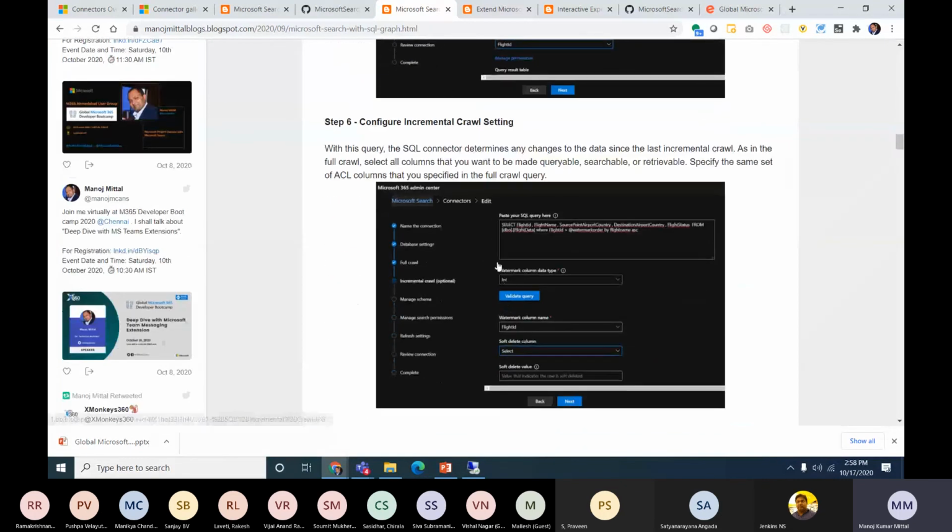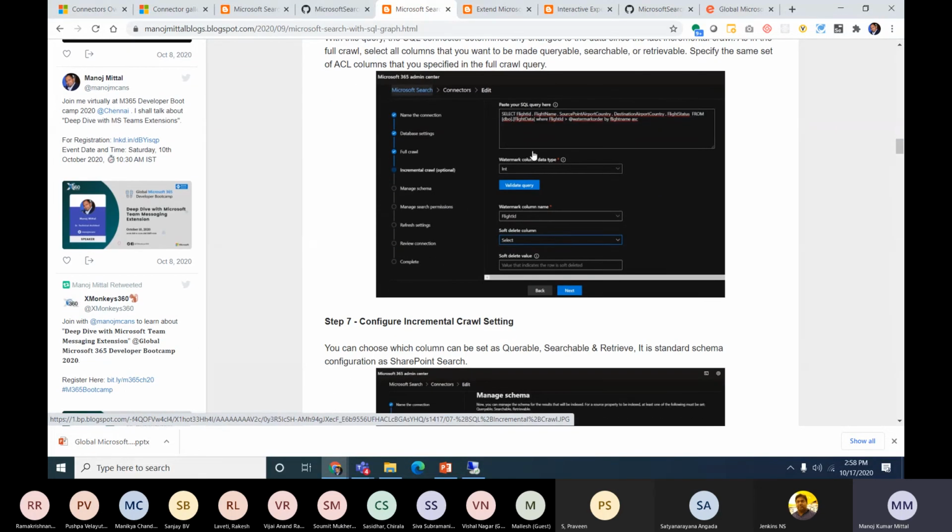The only thing is that we are going to define the query here. It's not that we can crawl the entire database here. We need to define our query, how the select query we are going to define in our stored procedure on the SQL, and we can do joins with multiple tables. Whatever query we are using, those results are going to come out, and those results are going to get crawled into the system.